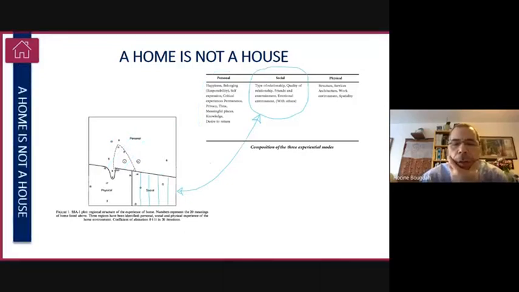Then we look at home from a social aspect. So it's really the social home. It's the presence and relationships with other people that contribute towards a place being home. It's not only a place often shared with other people, but also a place allowing entertainment and enjoyment of other people's company, such as friends and relatives.